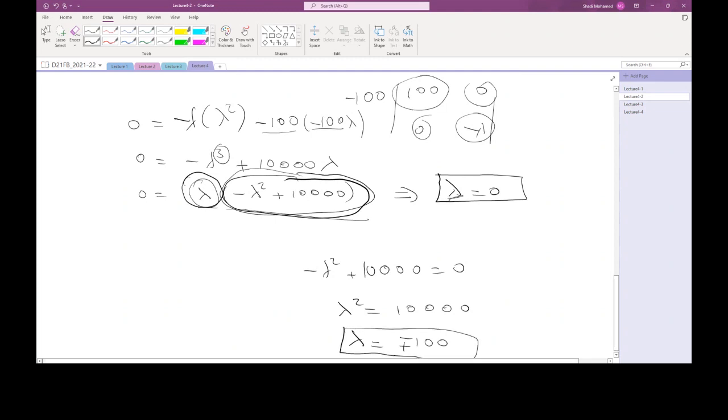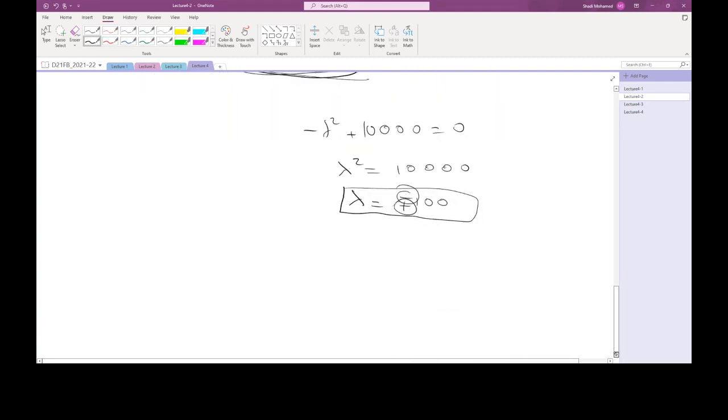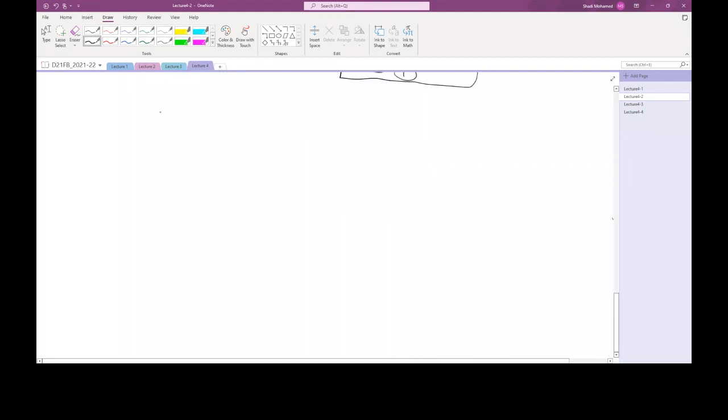I have the possibility for lambda to be 0, minus 100, or plus 100. I'm just going to put them in order. I'm going to start with the maximum number, which is 100. Then the second number is going to be 0, and then the third number is going to be minus 100. So I'm going to call T1 equal to 100, T2 is equal to 0, and T3 is equal to minus